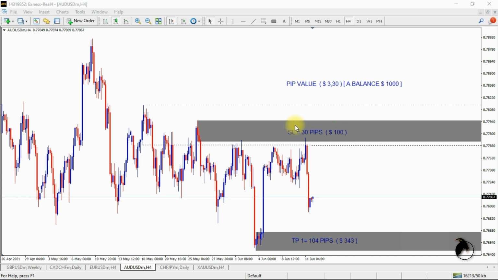So we had to understand the pip value in order for us to know how we should manage our accounts, because without risk management you can understand how the market works, be patient, but if you're not using risk management you can still not be profitable in the market, because you'll be lacking the understanding behind the value of your